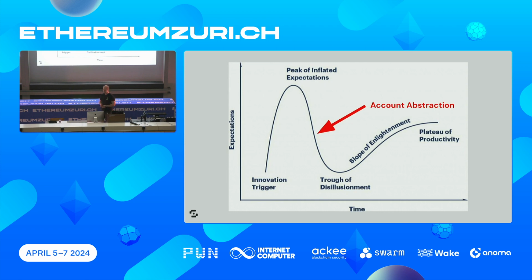We now have a bunch of projects working on account abstraction tooling, and entire conferences with entire tracks about account abstraction. That's really important to move this forward, but there is going to be a phase now where we have to look back and see, okay, this is maybe going a bit slower than we expected. There are a lot more challenges on the way than we originally expected, and all the fancy things we talked about